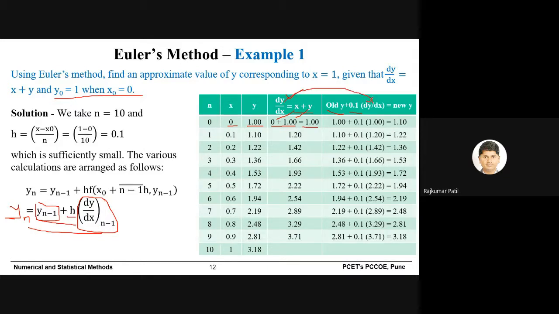You need to take that value, and upon simplification, you will get the new y.